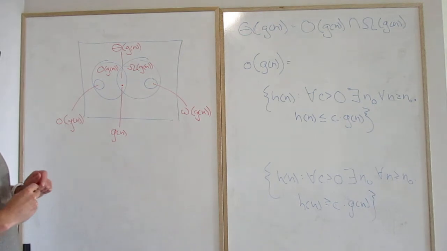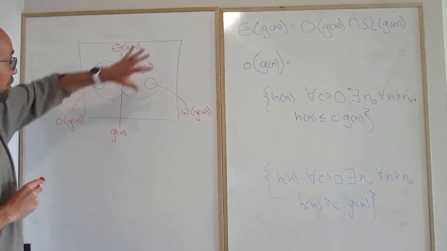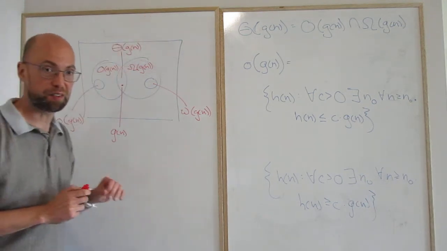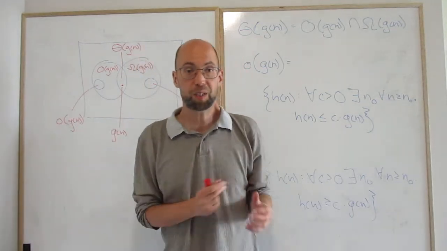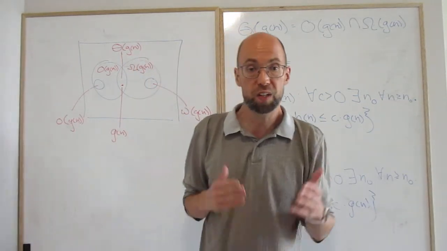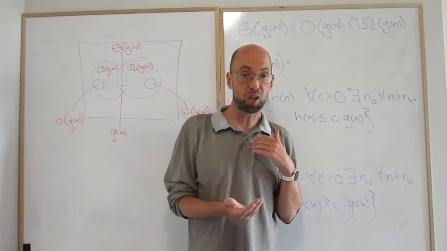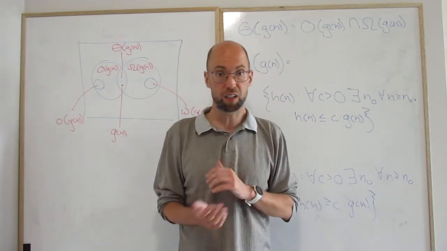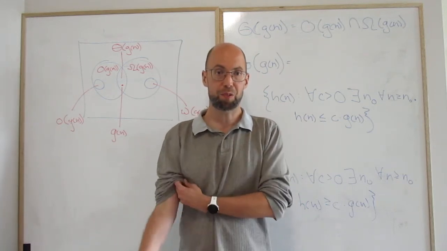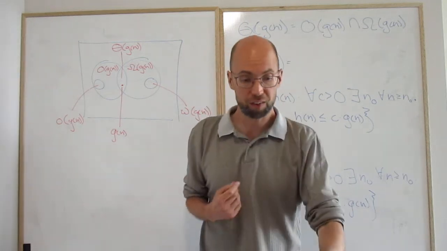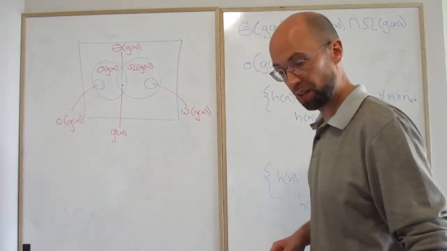Okay, so now notice that this isn't everything. Because there can be things which are not big O and are not big omega of g of n. This messes some people up. For example, if you consider